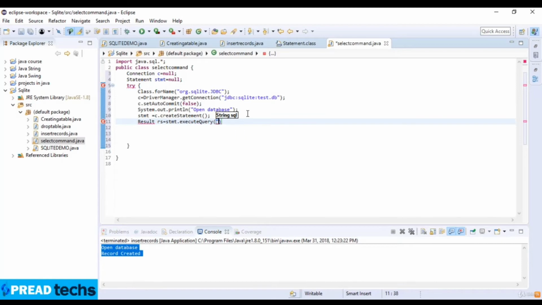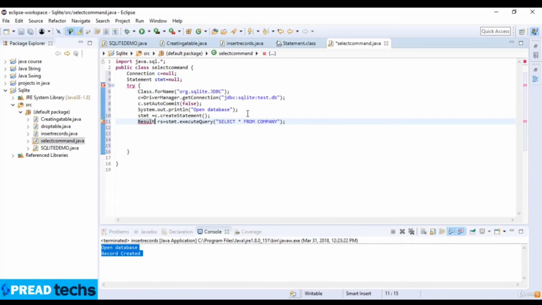The query is select. You can also write the queries in capital letters, so select from company. Okay, so I just select the company here,